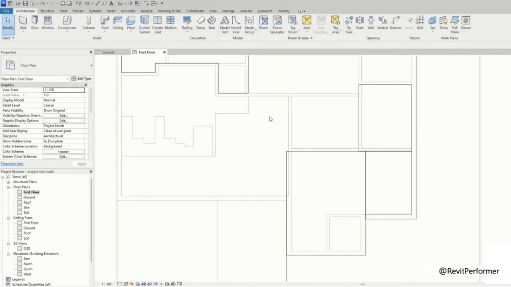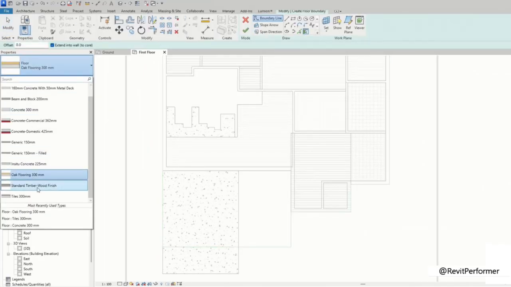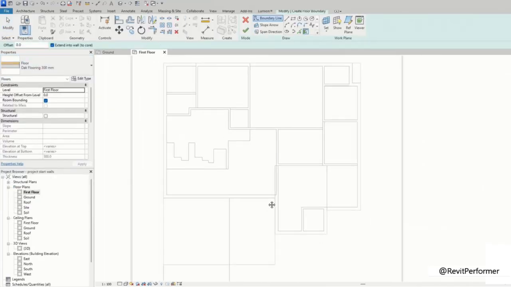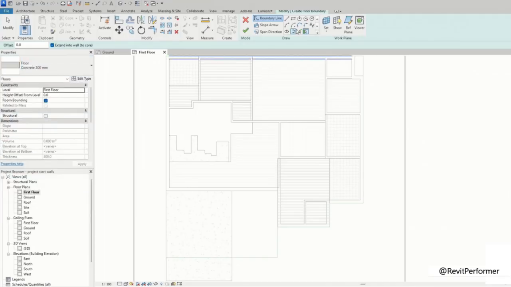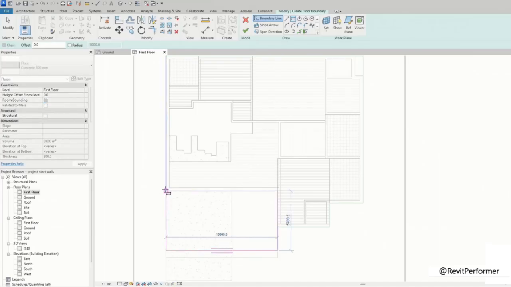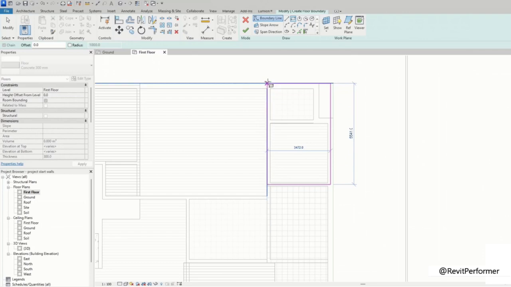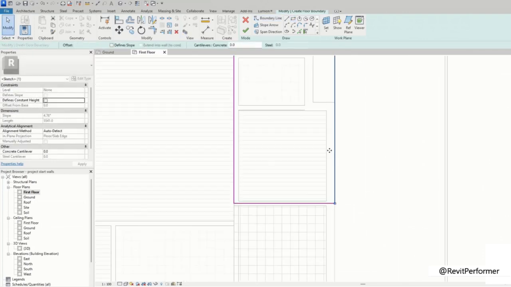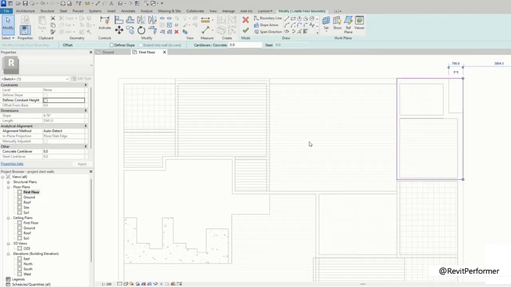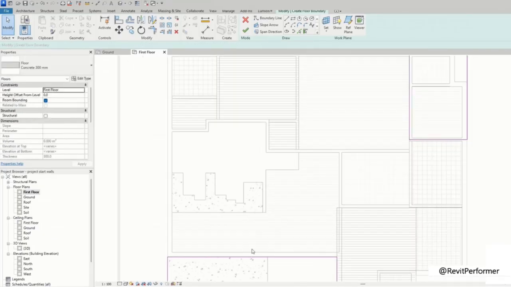We have some floors remaining. This one is the concrete floor. We also have our terraces remaining. I'll just draw out my terraces and select the floor concrete 300. And I have a terrace overhead and one over here. Okay, so this space is white, which means it's a void. This is also white. So we'll leave this middle floor for now, and we will only draw it once we're done drawing the stairs.